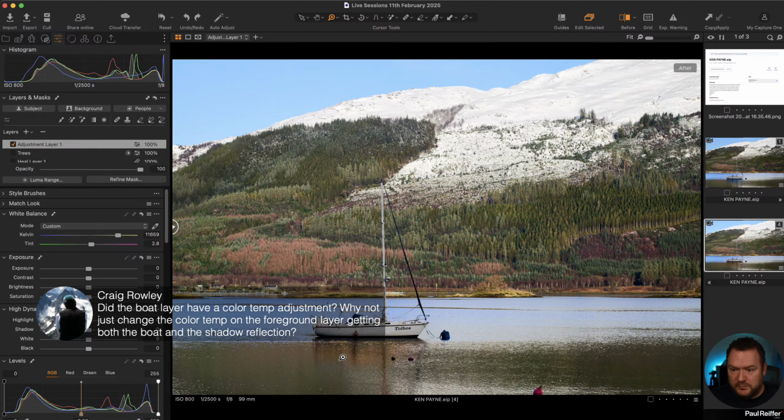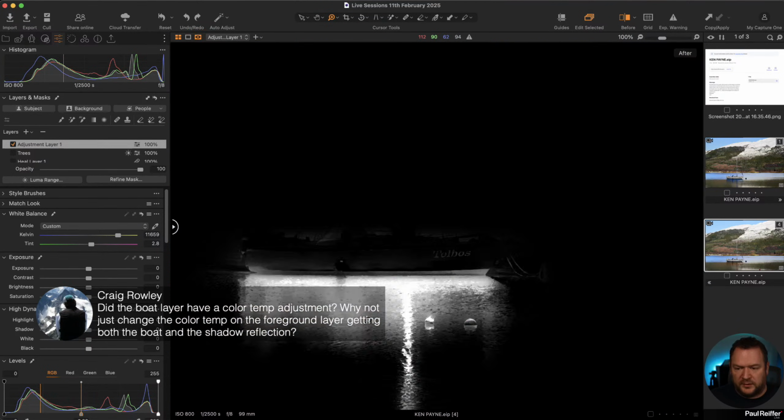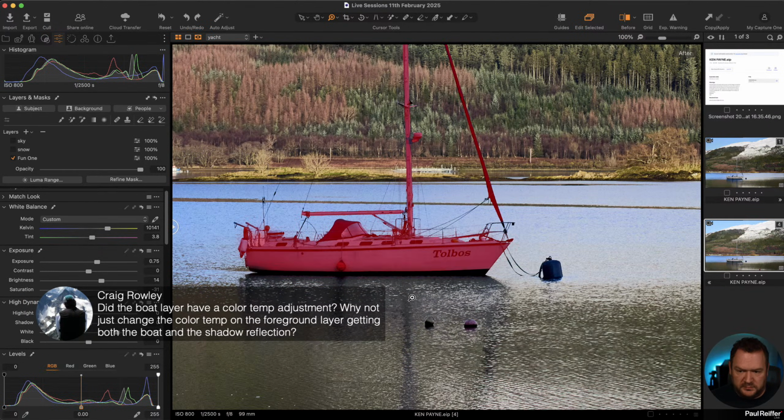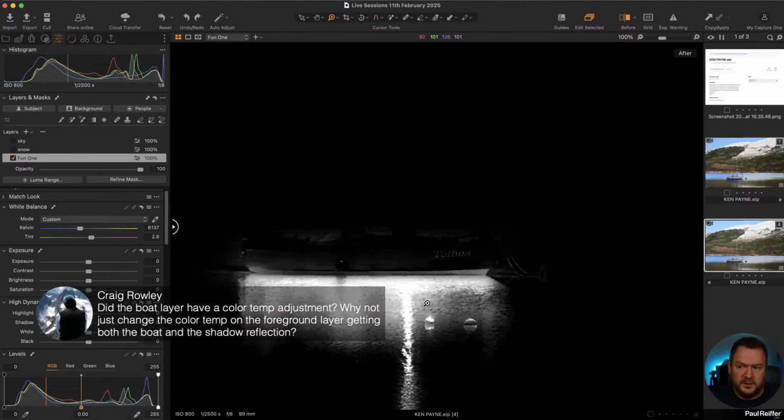You see we're hitting more than my shadow, and the reason is because my mask actually has subtle spread onto the rest of the water, whereas putting most of the change